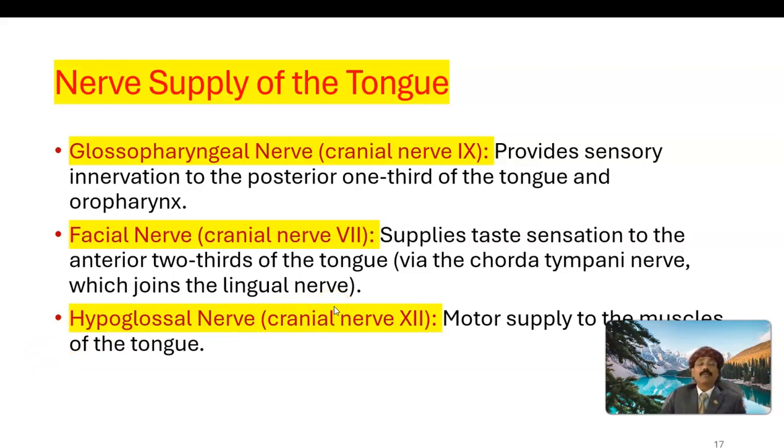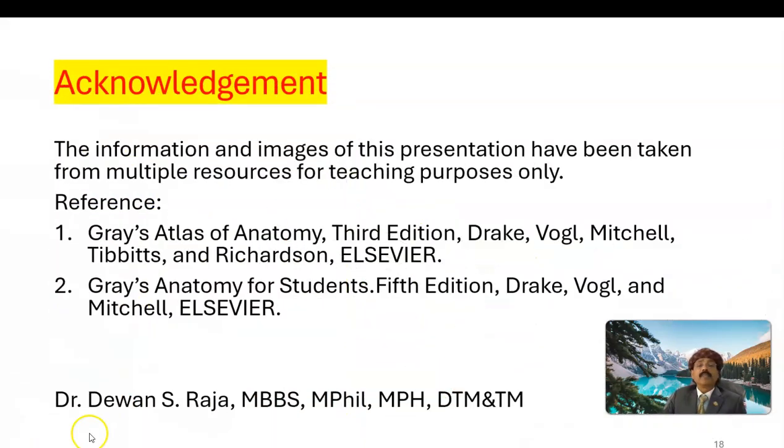except the vallate papillae. The hypoglossal nerve is the motor supply to the muscles of the tongue, supplying all the muscles of the tongue except the palatoglossus, which is supplied by the vagus nerve. And that's all about the blood supply and nerve supply of the oral cavity, the tongue, the hard palate, soft palate,